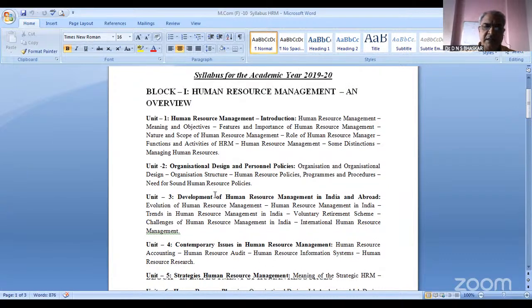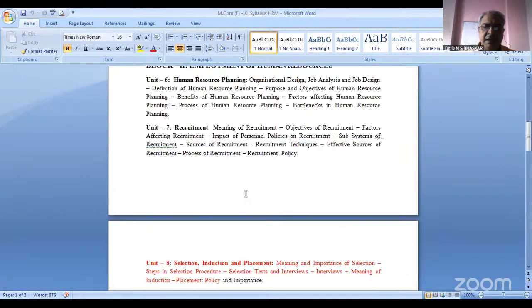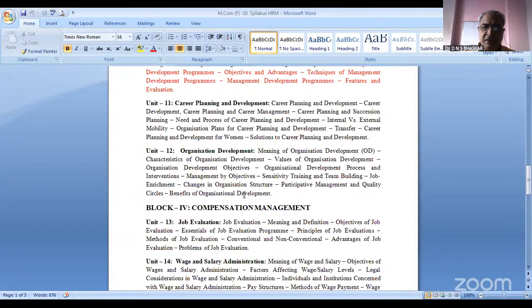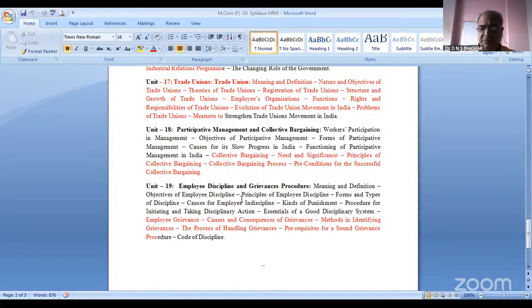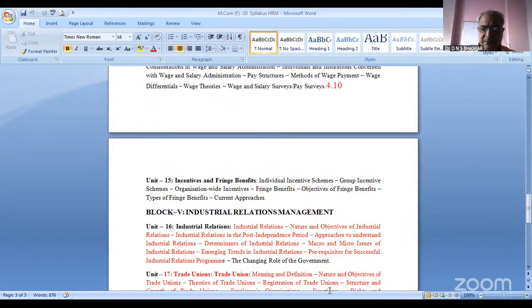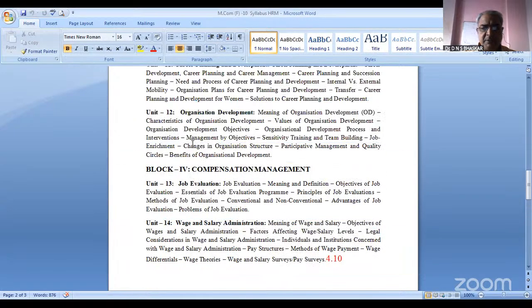This is entirely covering block 1. And in this, even though the syllabus is very heavy, block 2, block 3, block 4, all the 4 blocks, 5 blocks are there in this. The most important aspects that we are going to cover from the examination point of view and other aspects. Now, let me start with that particular element.